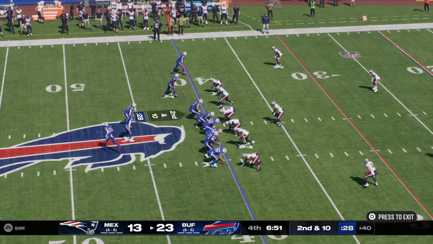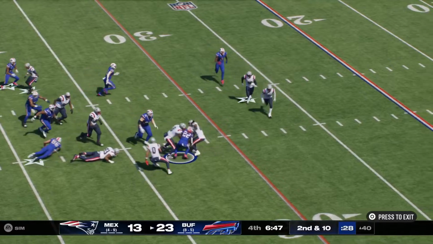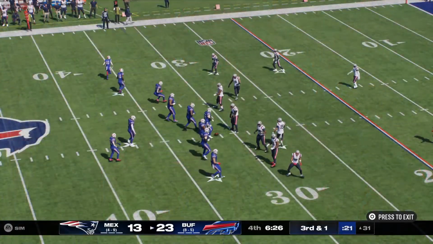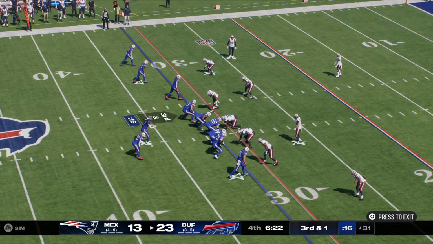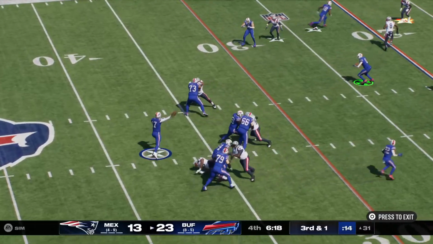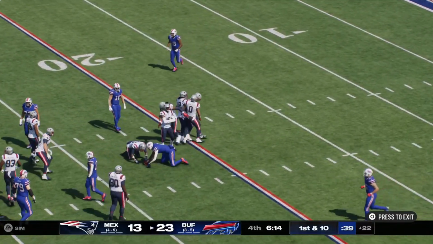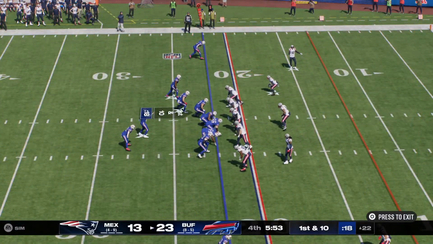Motion man is Shakir. From the gun, a give to Davis. Gets around him. And he's going to take this down close to the 1st as he's brought down at the Patriots 31. A gain of 9 brings up 3rd and 1. Now Allen. Able to find the open man. That's complete. And he is going to have a Bills first down as they're able to get the 3rd down conversion.